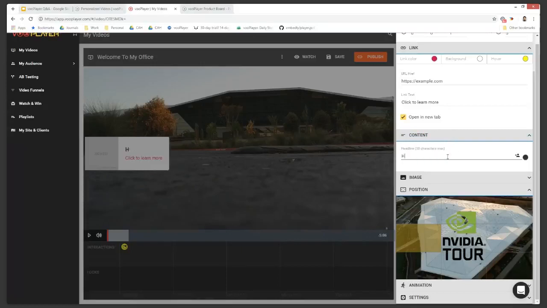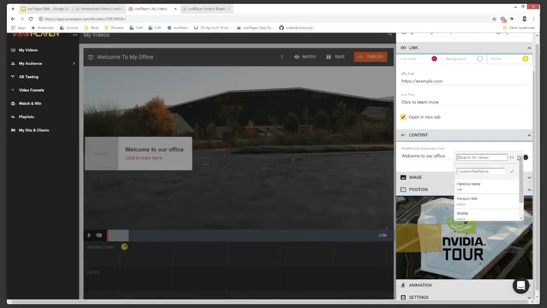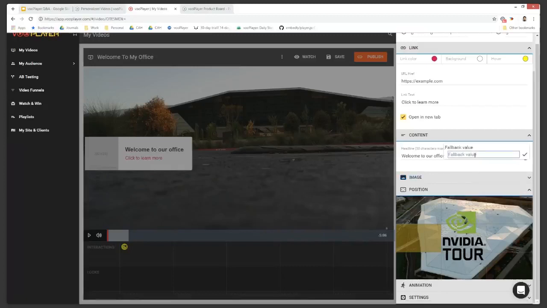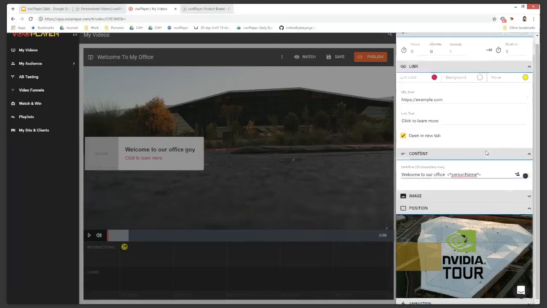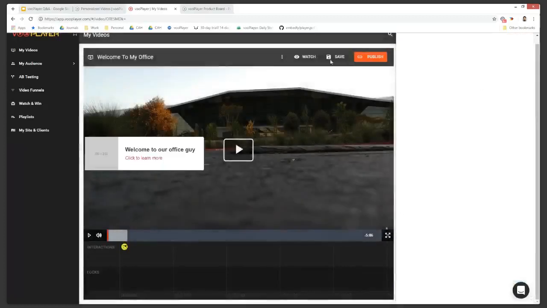So welcome to our office, and then we want to include the person's name. I can come over here to the new personalization menu, and I can either select one of the predefined values, or I can create a custom value. For example, in my use case, this works pretty well. I'll just say person name, and if I don't have that value, I can provide a fallback value. That's going to be utilized if in any case you don't provide the key value. So welcome to our office, person name. Let's just see that in action. Let me just save that,